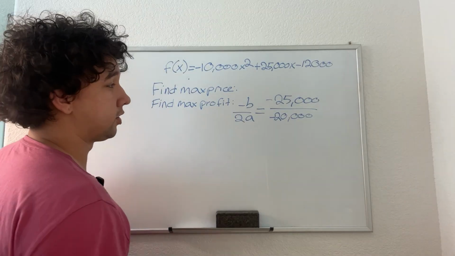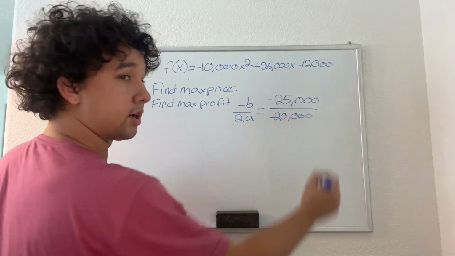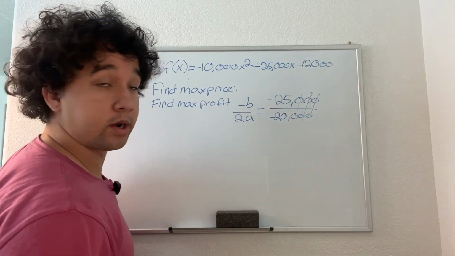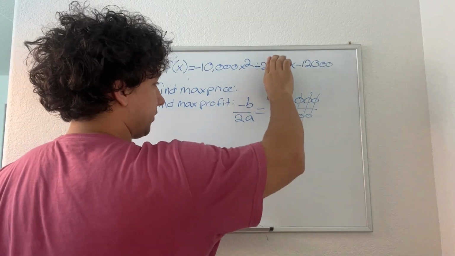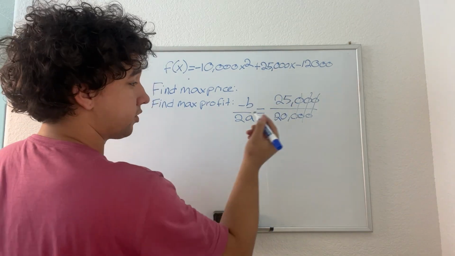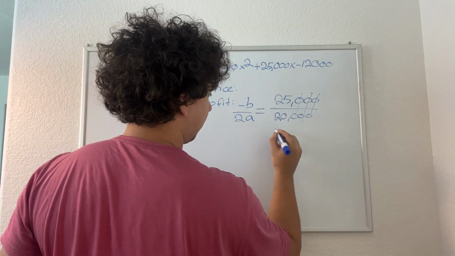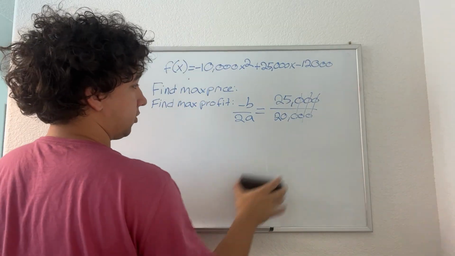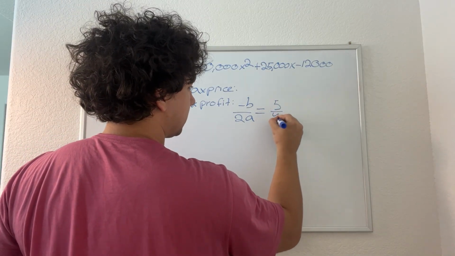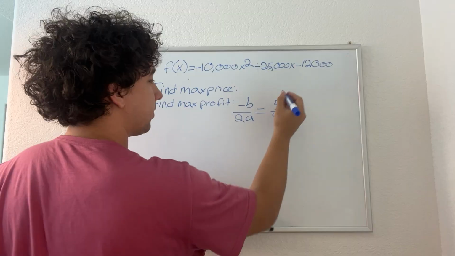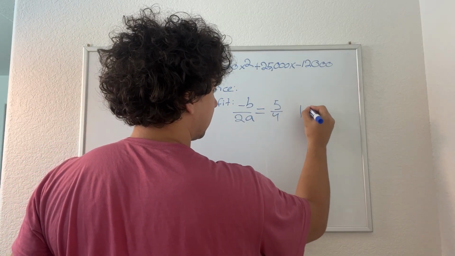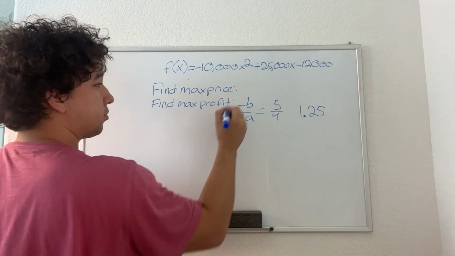And I don't have a calculator with me, so I'll show you how I would do this mentally. I see 3 zeros that are lining up with each other. That means they're irrelevant. So I got negative 25 over negative 20. Well, negative divided by negative is a positive, so negatives are also irrelevant. And then from here, I can just reduce. 25 and 20 are both divisible by 5. 5 goes into 25 5 times, and 5 goes into 20 4 times. So this is 5/4. But since we're dealing with price, we should probably put it into decimal value. So 4 goes into 5 one time with 1 remaining, and 1/4 is the same thing as 0.25. So my maximum price in this case is